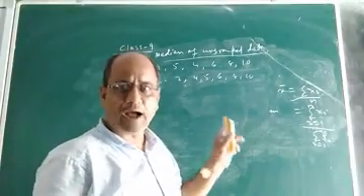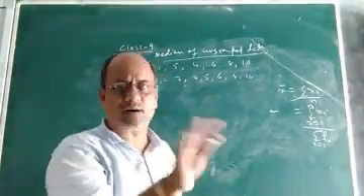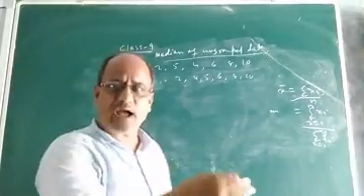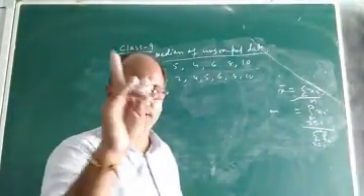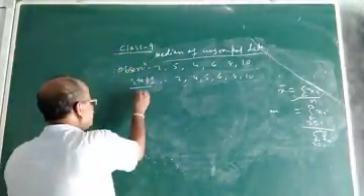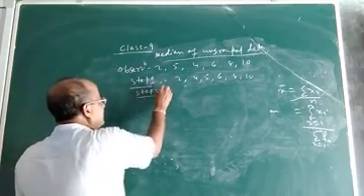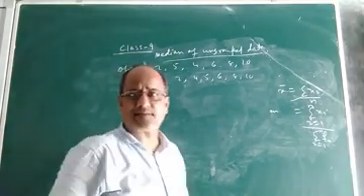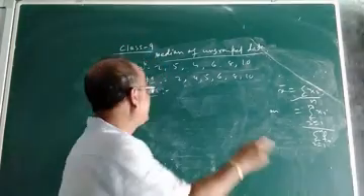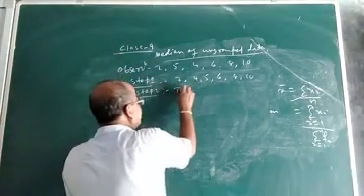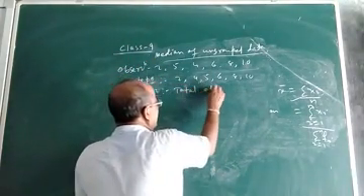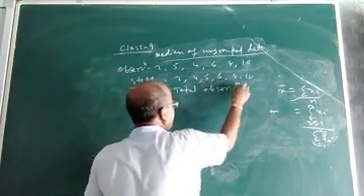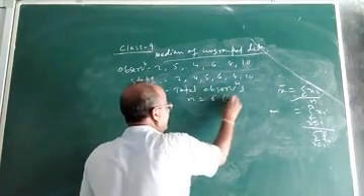After writing, you may write in the descending order, no problem. Either you write in ascending order or descending order. This is the first step. Now the second step, you see. The second step is to find out how many observations are there, whether it is even or odd. Here total observations N equal to 6 and it is even.